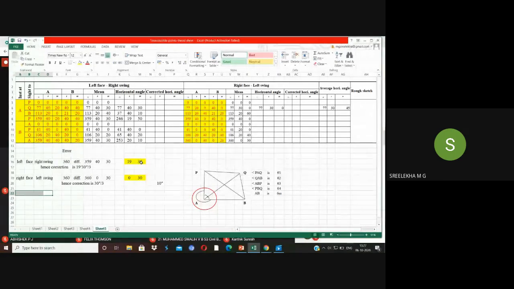So how many angles are there to which we can distribute here? It is 3 only. So that is 19 minute 30 second divided by 3. That will be the angle through which we will have to distribute. So what is that value? Just calculate and tell. 19 minute 30 second. What is that? We'll be getting 6 minute. How many seconds are there? Anybody please calculate and tell first. 6 minute 30 second.